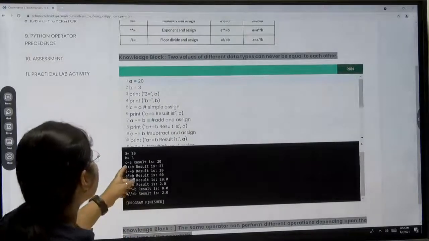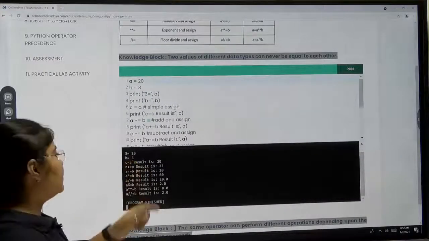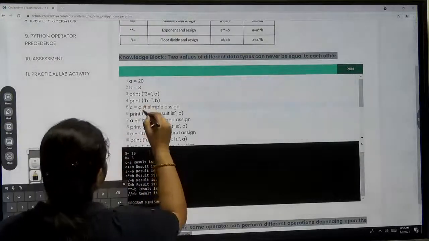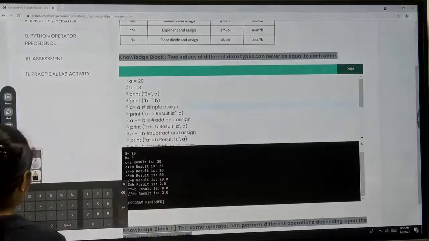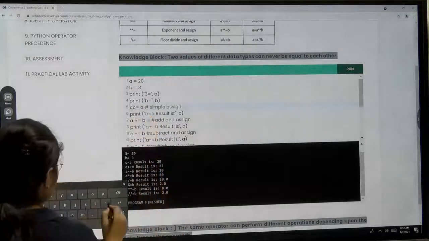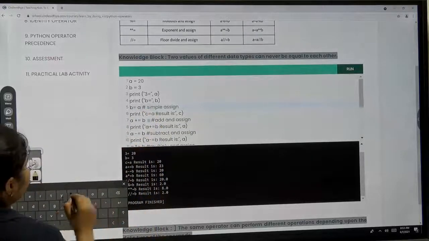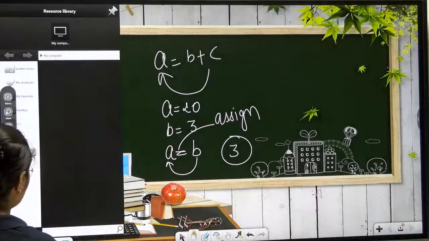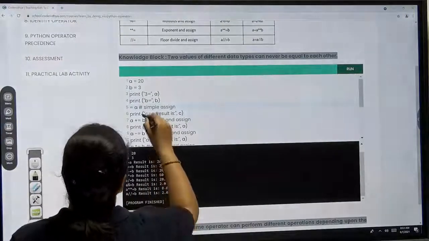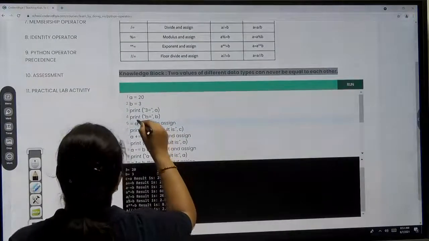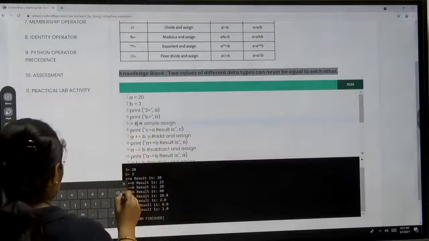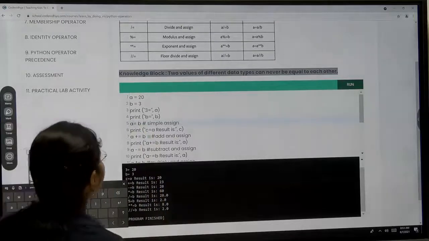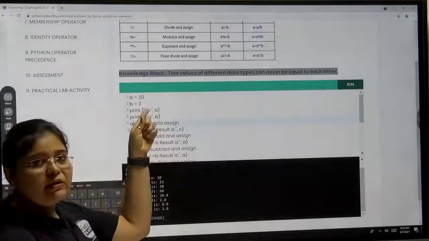here they are assigning C assign A. It means the value of A will be assigned to C in this example. So I will make some changes here. In this example we have taken A assign B, so we will use the same thing: A assign B. Not capital, we have to write it in small letters here, and similarly with this one. So if we write A assign B, the value of B will be assigned to A.